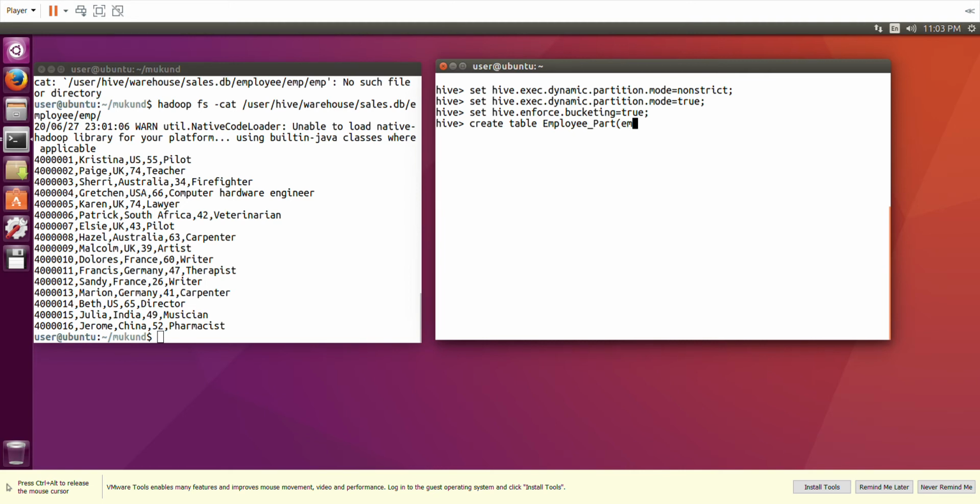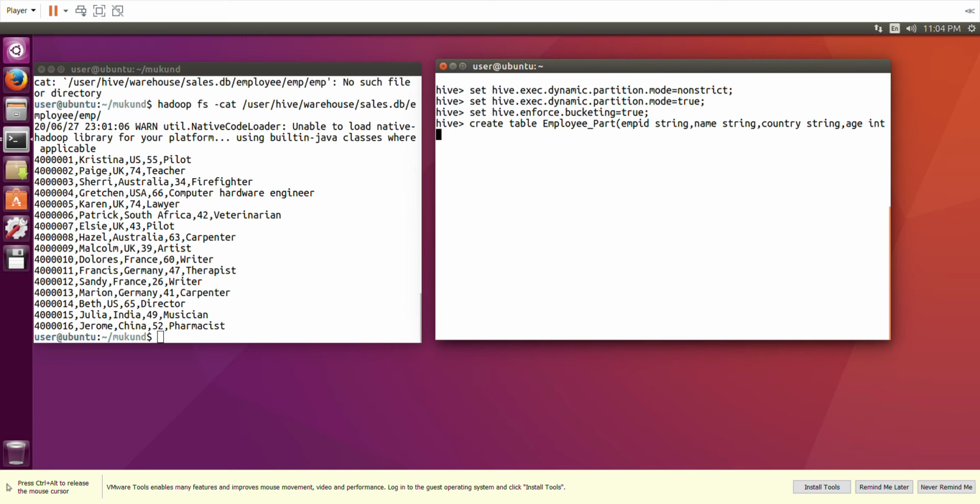So we are creating one table called employee part, and it has EMP ID. We are specifying EMP ID here. EMP ID is a string, comma, name, again a string, comma, country, string, comma, age.